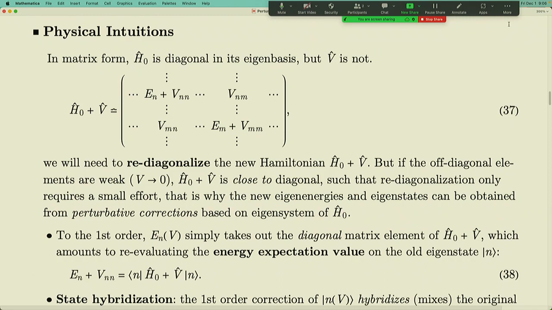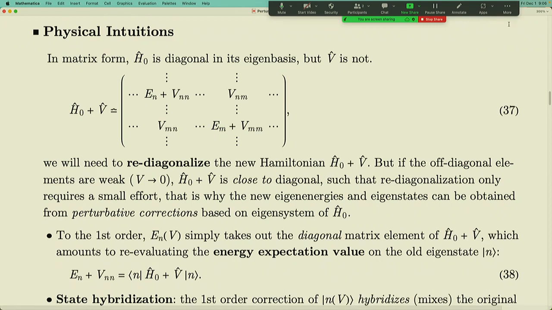So we can see this problem is simpler than if I just give you a random matrix and ask you to diagonalize it. Because in that case, you have a lot of very big off-diagonal matrix elements, at least of the same order as the diagonal. So the hope is that if the matrix is already very close to diagonal, then the re-diagonalization should only require